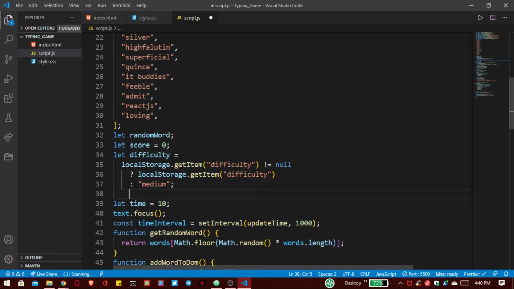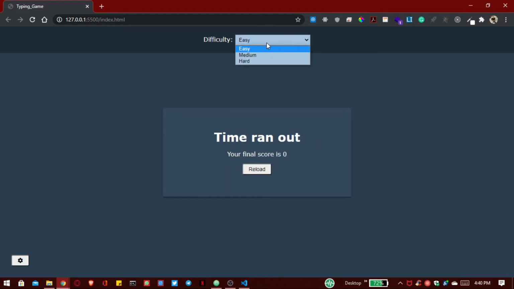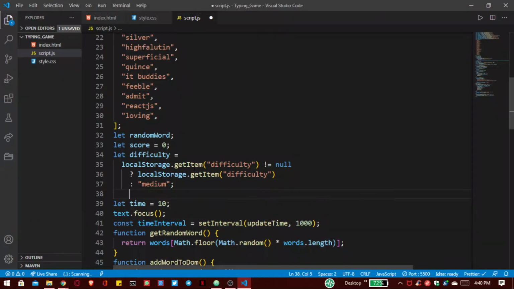After that we have to set that difficulty select value. So this is for this by default part medium, and the second one will actually take the value that is easy, medium or hard.